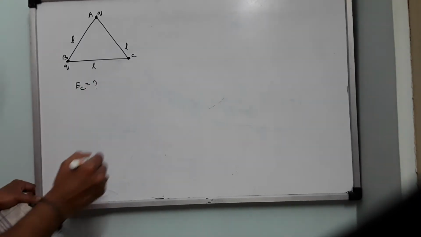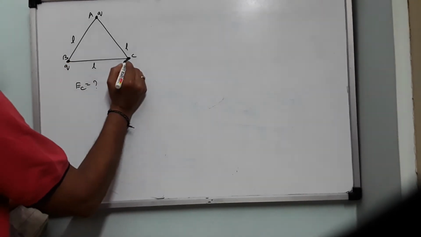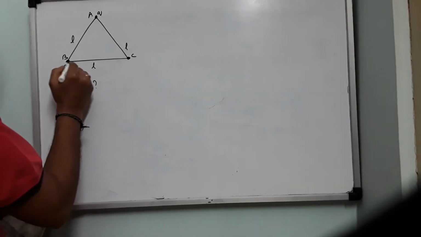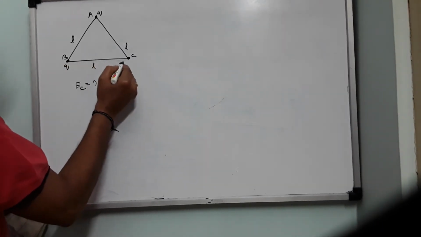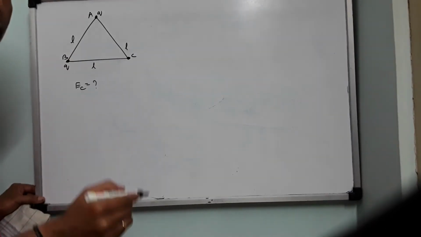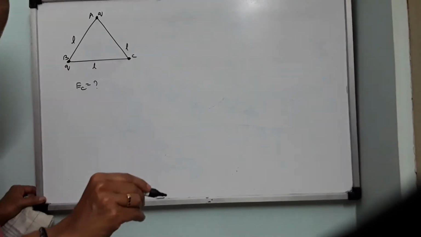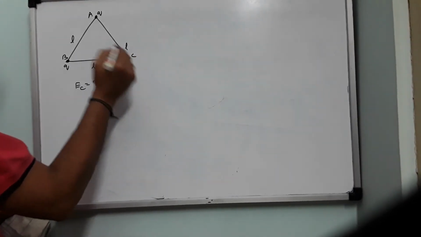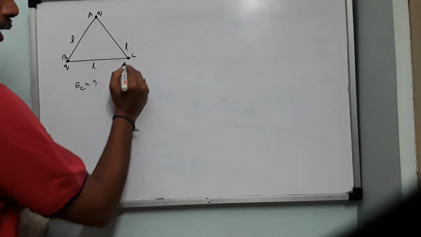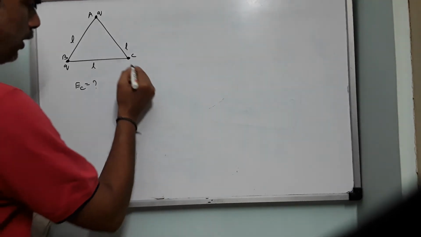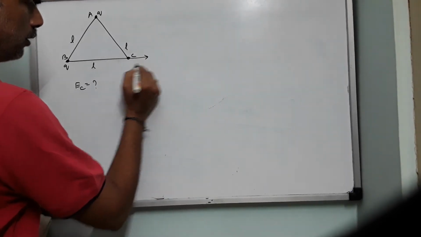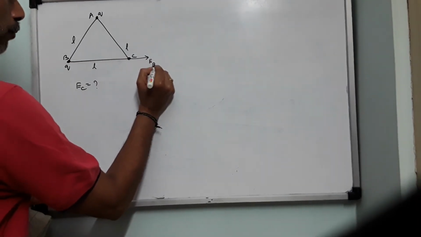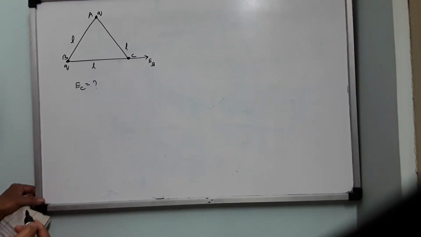Then this Q will produce an electric field at point C radially outwards. Where from radially outwards? You should take it from the point of your interest. What is the point of your interest? Point C is your interest. Therefore, from point C, you should draw a vector. How big should the vector be? It should be like this. Within your scope, you draw it. So this is the electric field due to the charge at B, which I will write as EB.